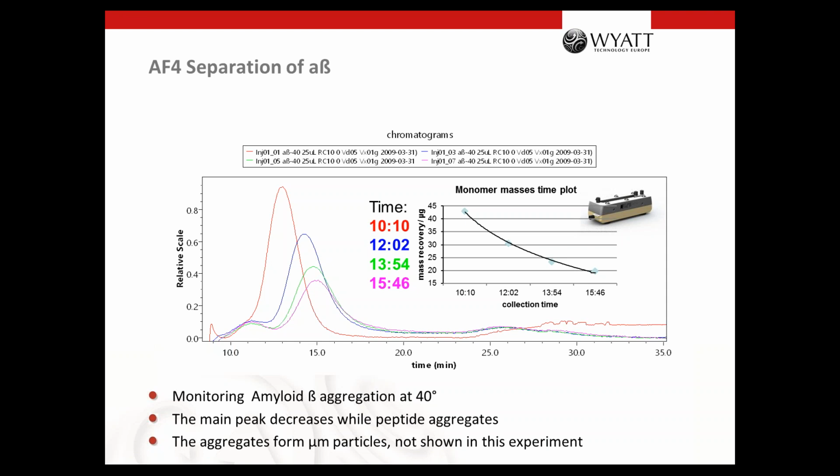But that's also the reason why we measure with light scattering, so that you can measure the molar masses there and you can be sure that this is still the dimer, and not maybe the monomer or something.